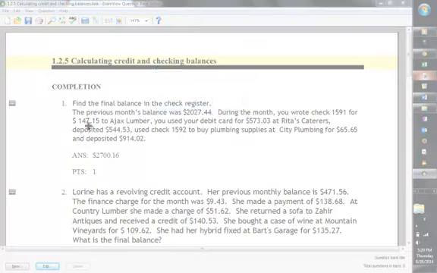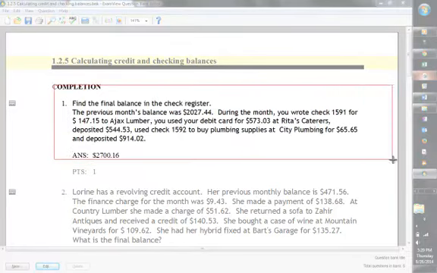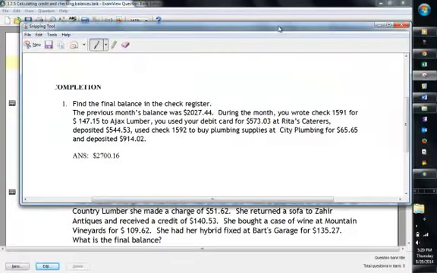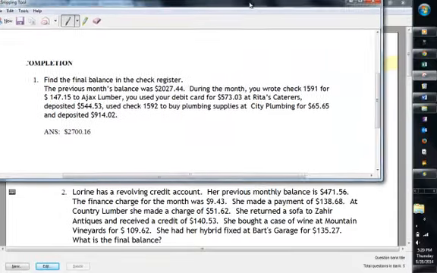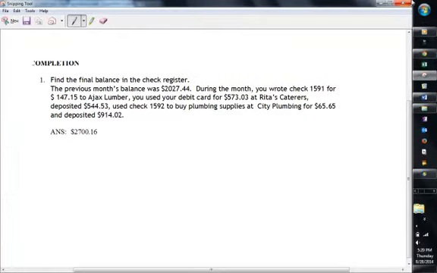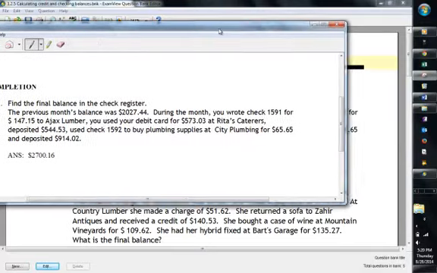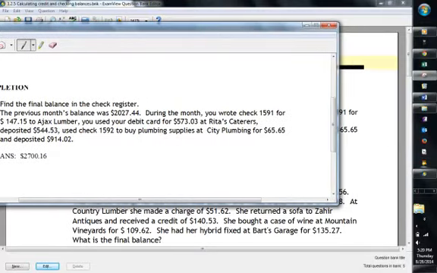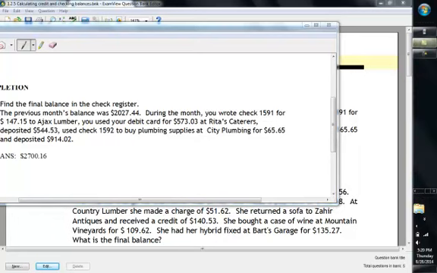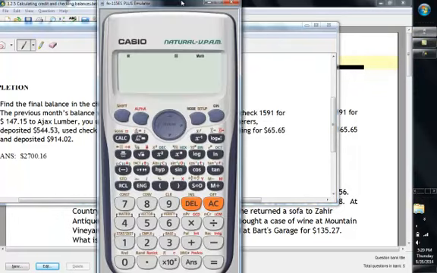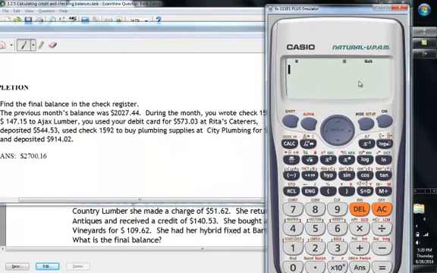So let's go through them one by one. Let's look at this first one right here, and let's see if we can solve this. See if we can solve this one. Let's get out our calculator. Where is it? There it is. Okay, so find the previous month's balance was